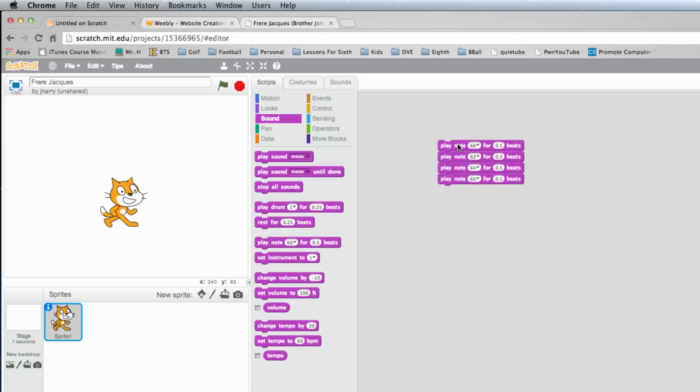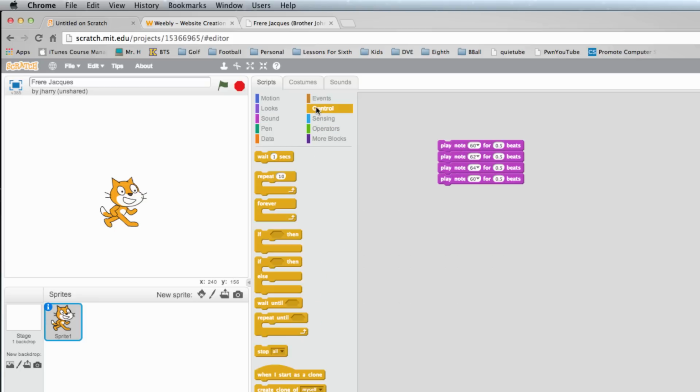Those are all timed correctly if you think about the song. What I'd like to do is to play that twice through. We know how to repeat something. We've got our control tab, and we can put a repeat loop on the outside of all that. So the first little part of that song should repeat twice through. So when I go to play it,